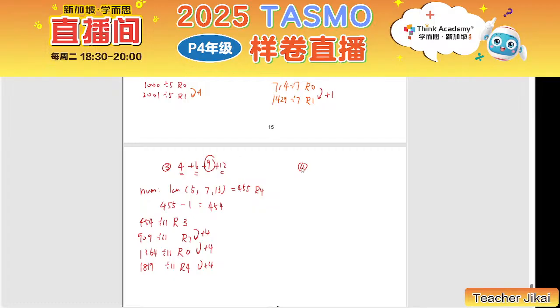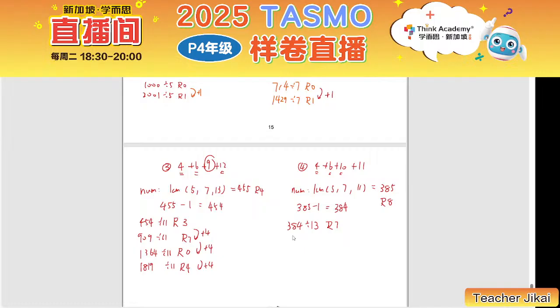The fourth case. So the last case is the first 3 remainders being the biggest: 4, 6, 10, and the last one is 11. So this time, these 3, 4, 6, 10 are the largest. So we just focus on the LCM of 5, 7, and 11. So we know it is 385. 385 divided by 13, we know it is R8, right? So first, the first number we start is 385 minus 1, 384, which will give you remainder 4, remainder 6, remainder 10. So then 384 divided by 13